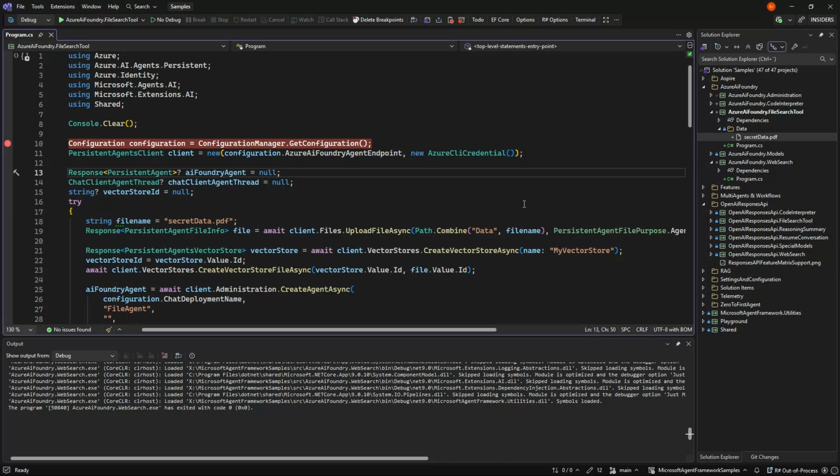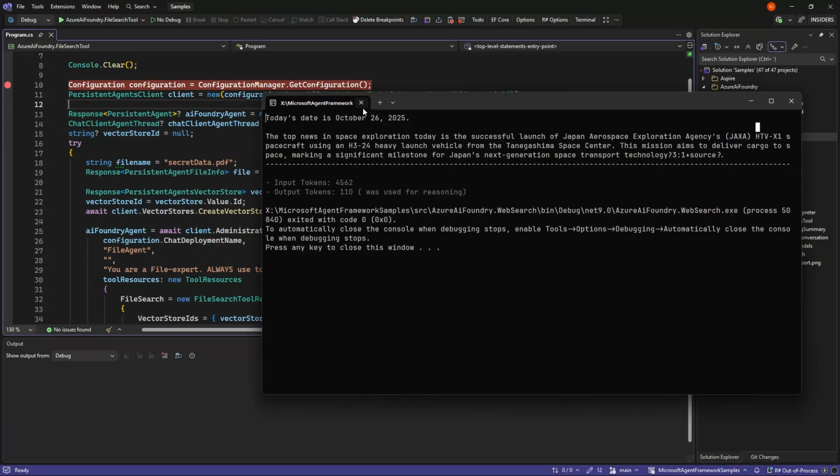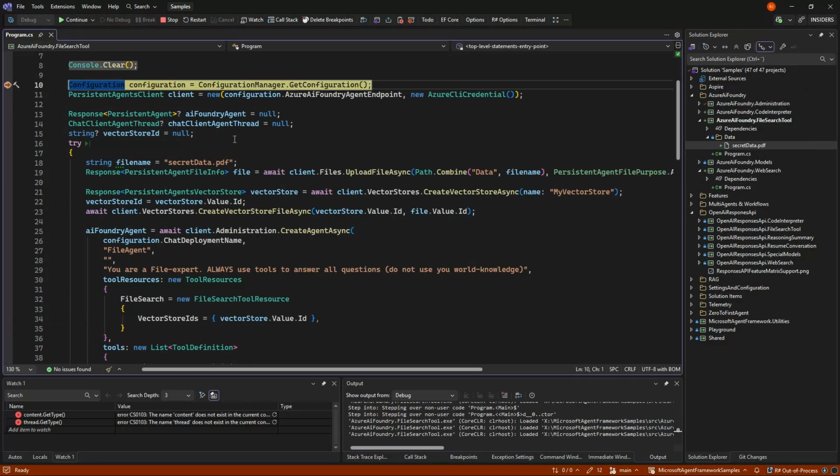Because if it can find that word, it could also find corporate data in some kind of set of PDFs and find the data. So it's essentially RAG, but where everything is controlled by the AI Foundry. So let's run the code and see what is going on.